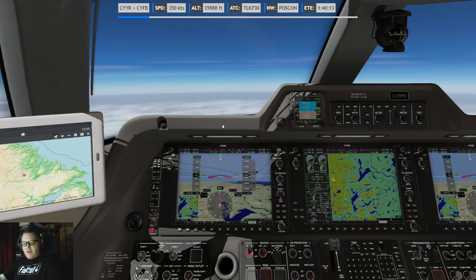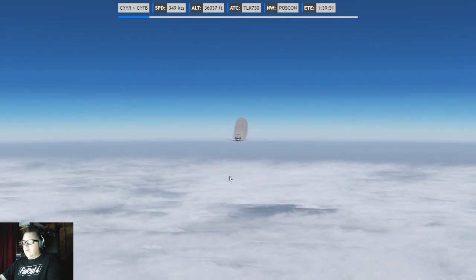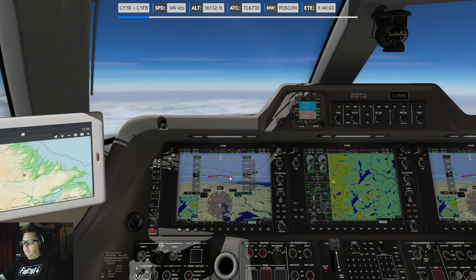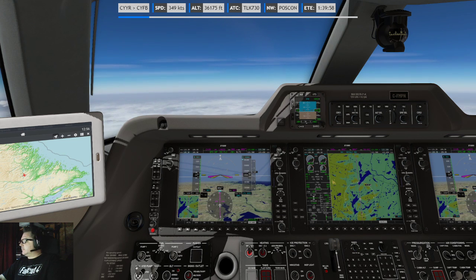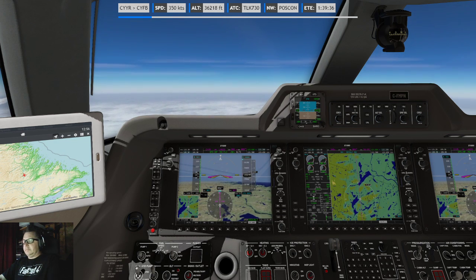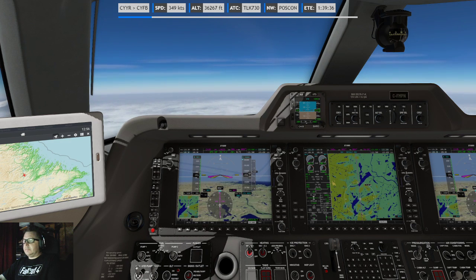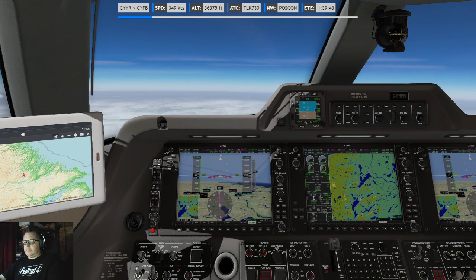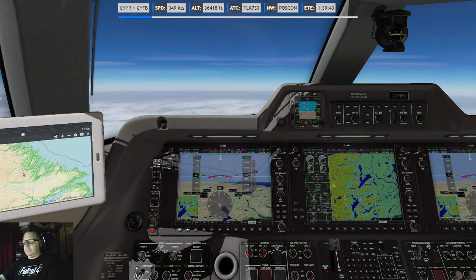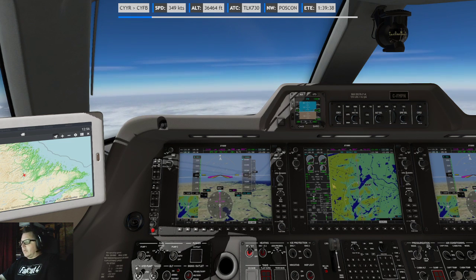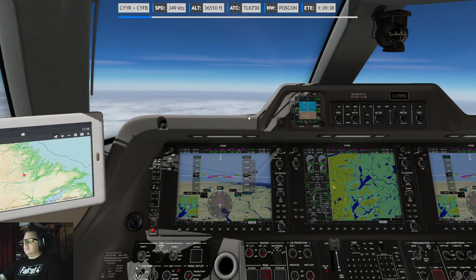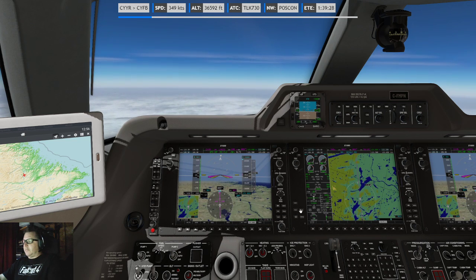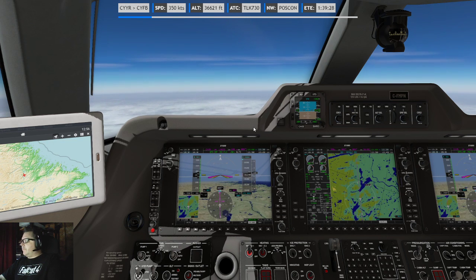We were going through some rough air. All right, 3,000. Doing all right on fuel.